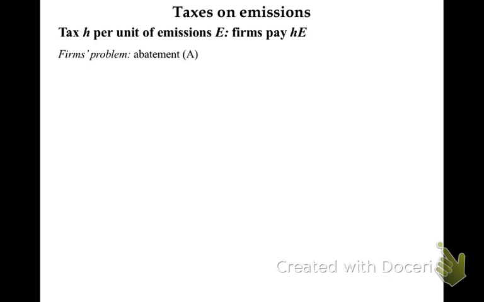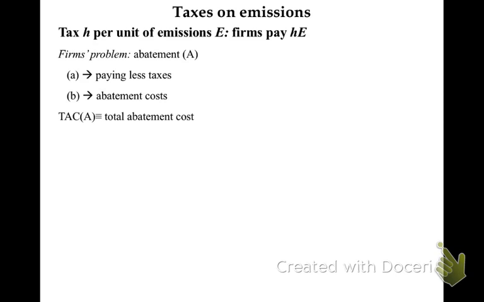And so reducing emission is named abatement. Okay, firms abate. And so they can pay less taxes or abate. And we defined the total abatement cost. And hence we have the idea that firms want to minimize the sum of total abatement cost and tax paid. Hence, we can